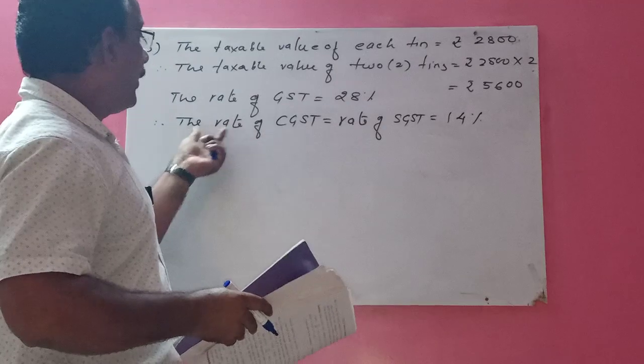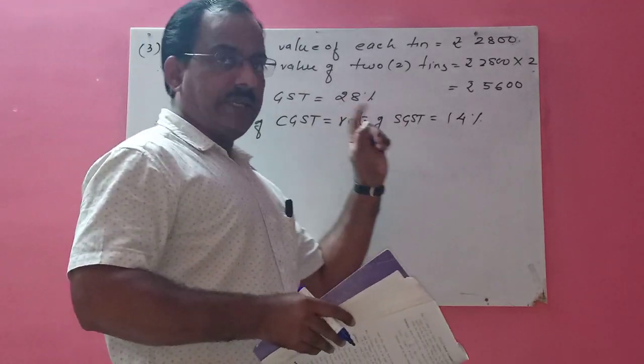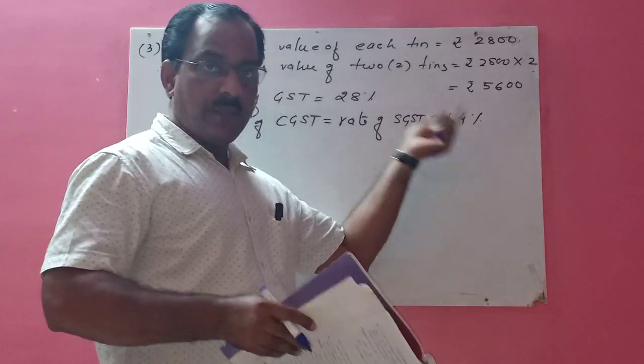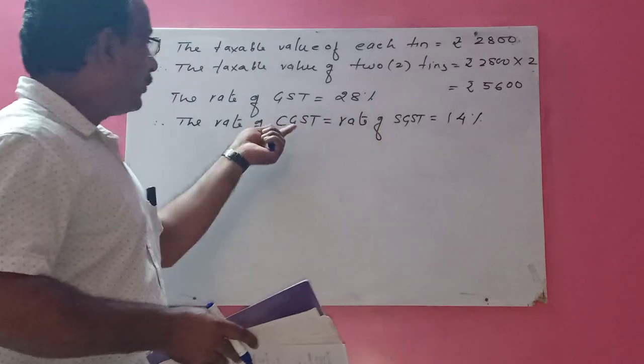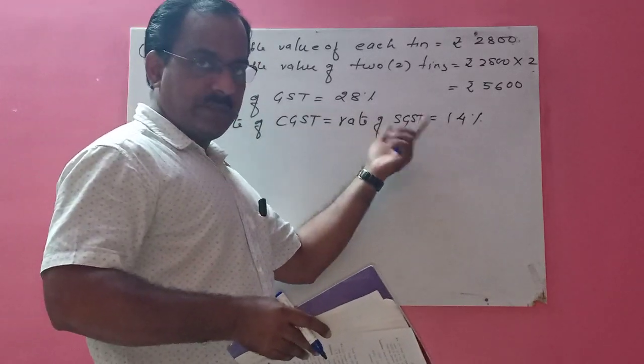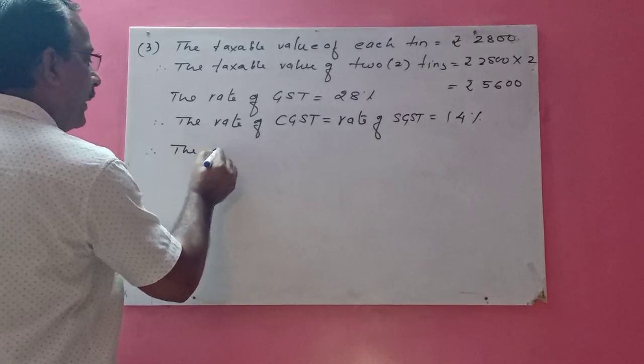So we have the rate of GST. With the help of that you got the rate of CGST and the SGST. It is how much? 14%. But as per the question we have to calculate the amount. Right? Amount of the CGST and SGST. Simple it is. Therefore the amount